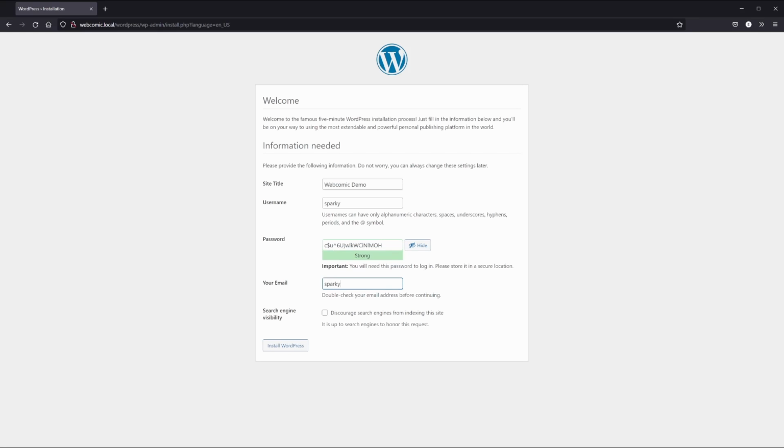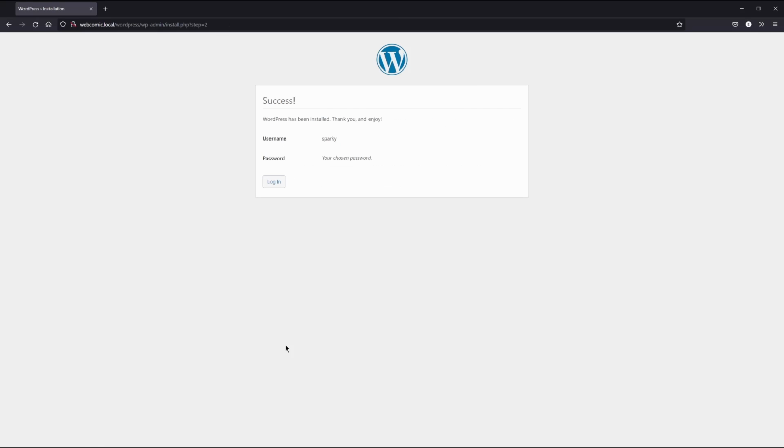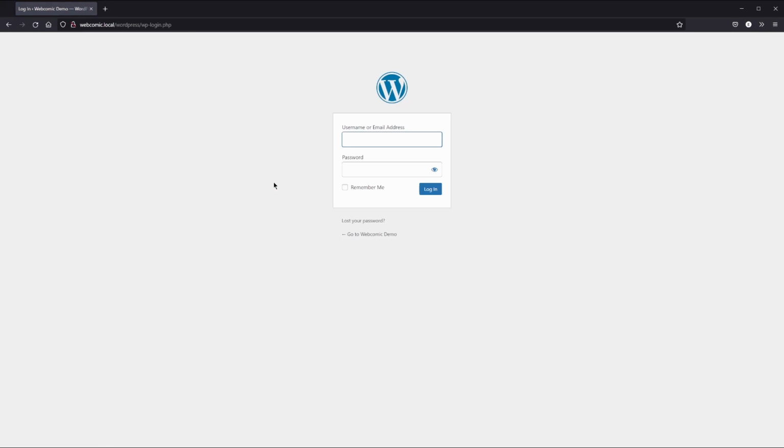Then enter your email address and check the box if you want. Then click Install WordPress. If all goes well, you'll see a success screen. Click the Login button to enter the admin backend. Just say Sparky and my cryptic password. And check Remember Me and click Login.